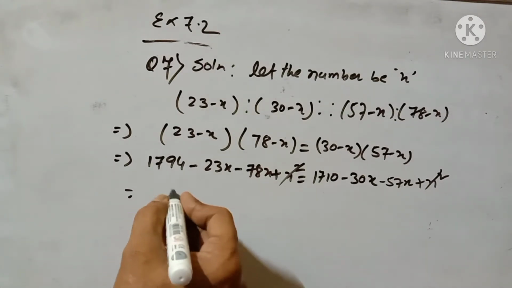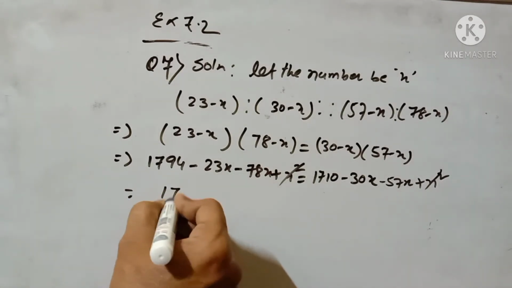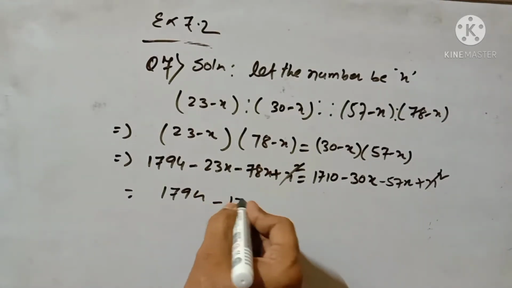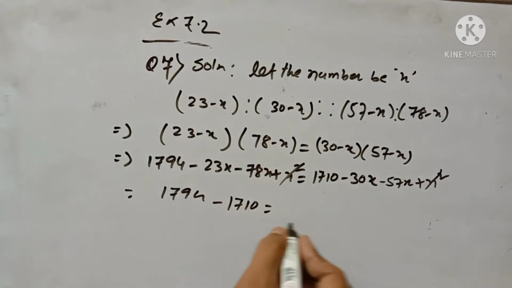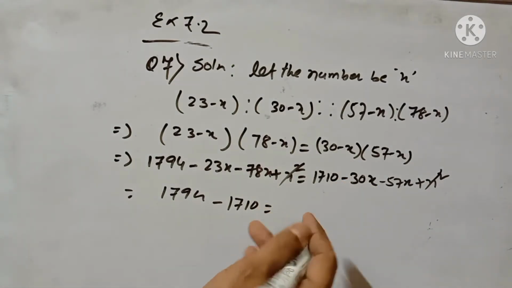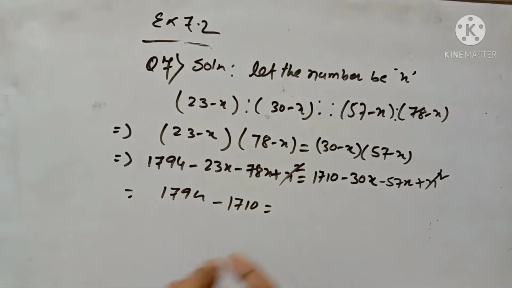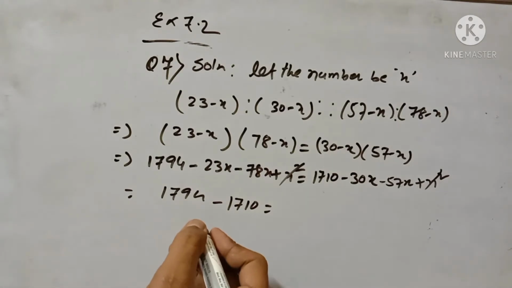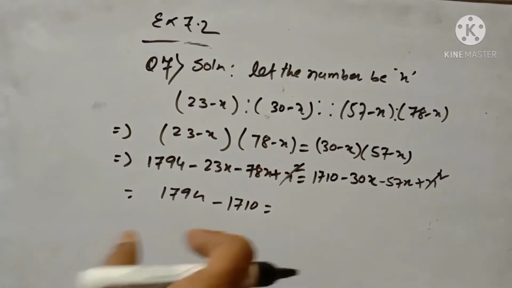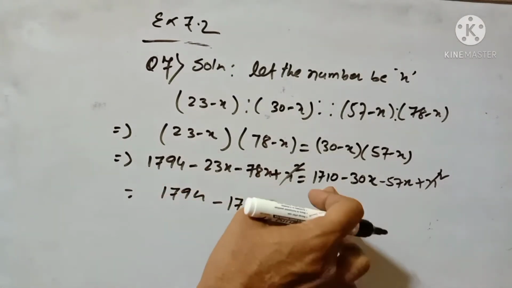You can write 1794. This term you take this side. So 1710 is equal to what? This one it will come 179. First of all, x term you can write. Okay, now you write down. Right now after here you write down. Now after that you have to subtract this part, because I'm taking this side.